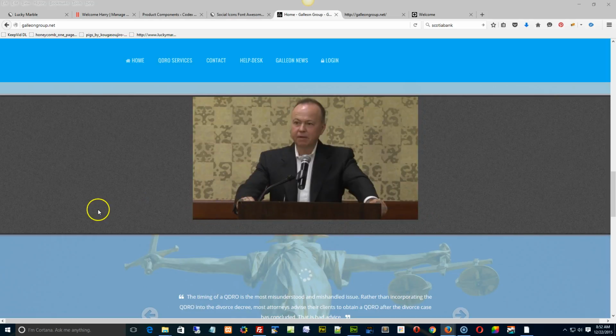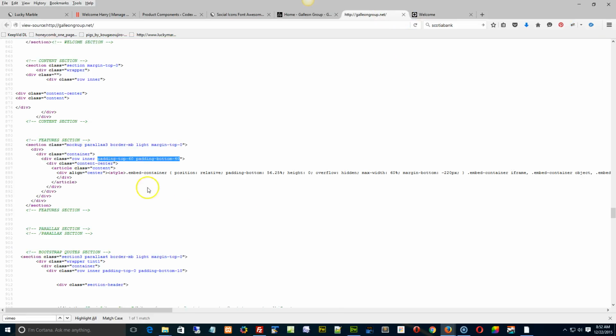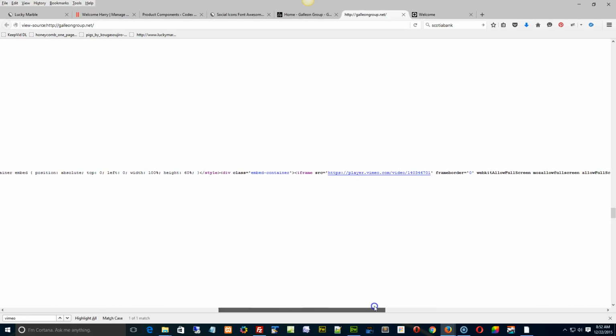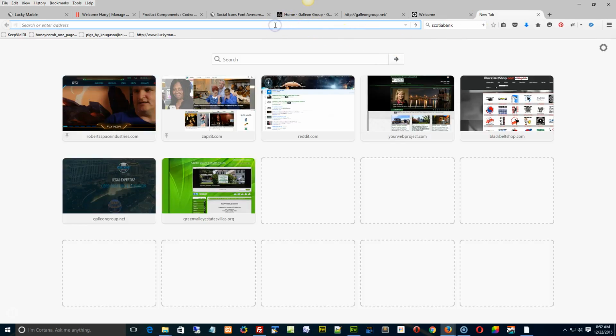The other is you can actually reduce the height of the player as well. So we get into this, there's the embed, max width, margin bottom, height 60%. I'm looking for an actual position top. I'm not sure why this is here. Iframe. But if you actually go to the Vimeo website,